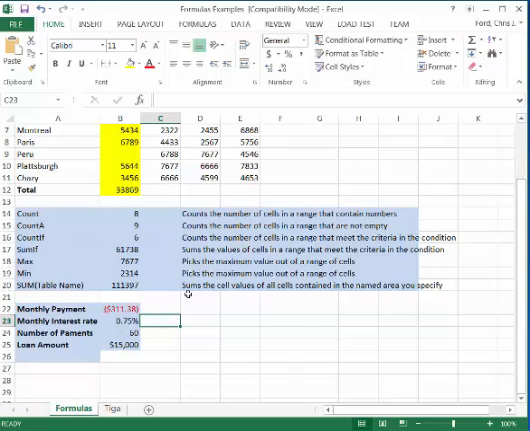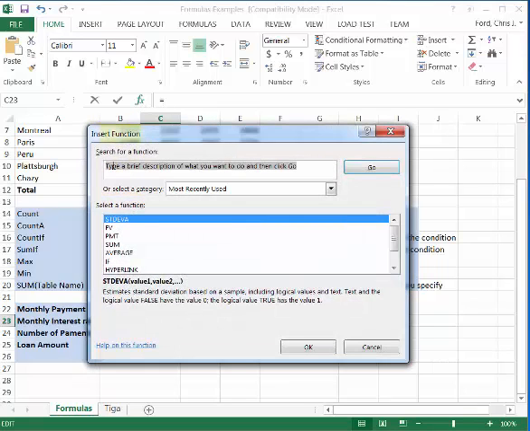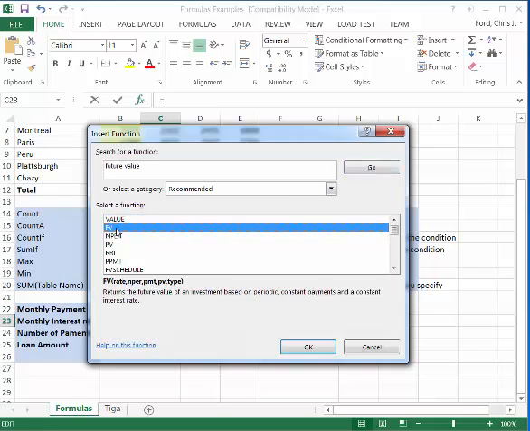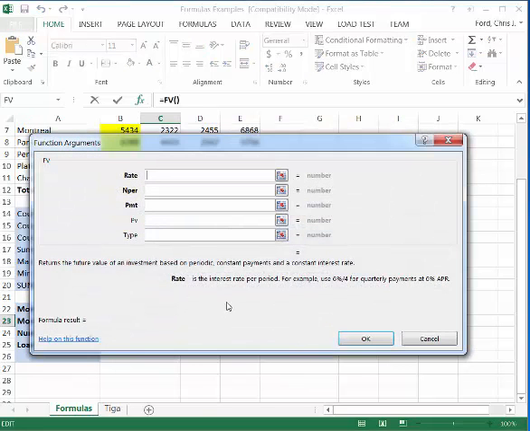The other thing that I love about the FX formulas is you can search. If you just hit FX and it says here type in a brief description of what you want. Let's say I'm a business major and I'm asked to do future value of an investment. So I just type in future value, I hit go, and I find it. FV is the function, returns the future value of an investment based on periodic constant payments and a constant interest rate. If I say OK, what it does is it brings me to a window that helps me build this